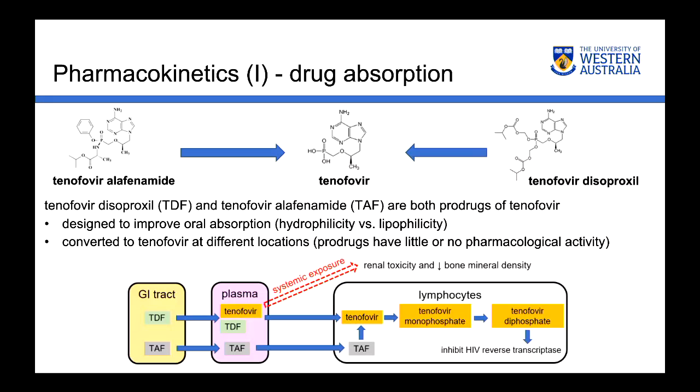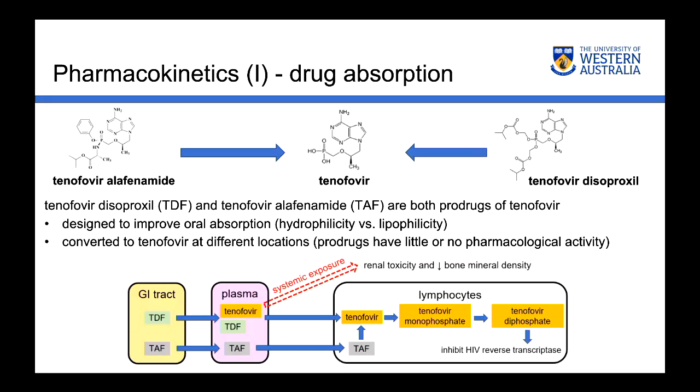Now, these two drugs, even though they are both prodrugs, are converted to tenofovir at different locations in our body. It turns out how the drug is converted in our body is important, because tenofovir disoproxil is converted in the plasma. So this actually is linked to the toxicity of the drug, because the whole body is now exposed to tenofovir. On the other hand, tenofovir alafenamide is only converted in T cells, and therefore that is the site of action,